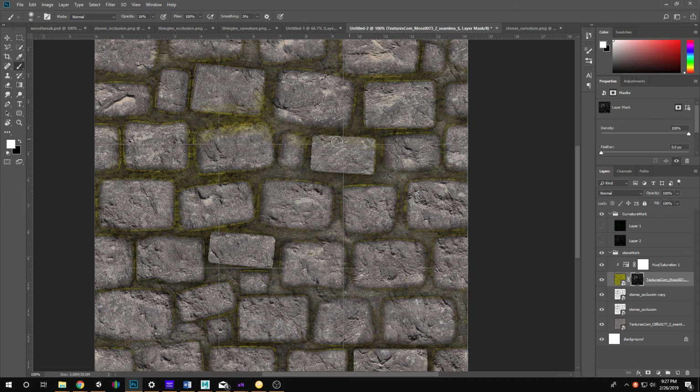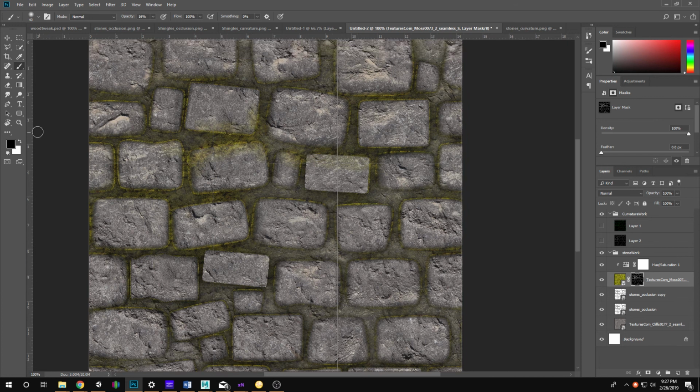I usually have my walking tablet, but I didn't connect that for right now. Go back and change some of that up. If we hit the X button, it'll switch our colors. And you can see how you can start to build up some moss. Maybe you only want it on a little bit of the top spots. But this is a fast way to be able to work up a fairly realistic looking